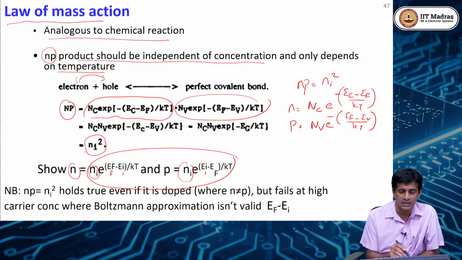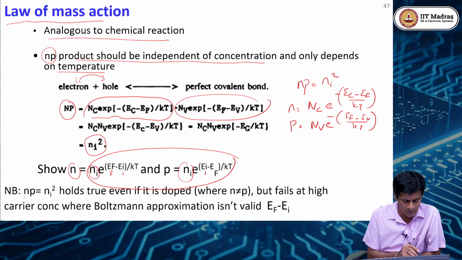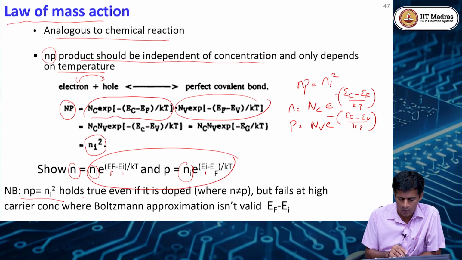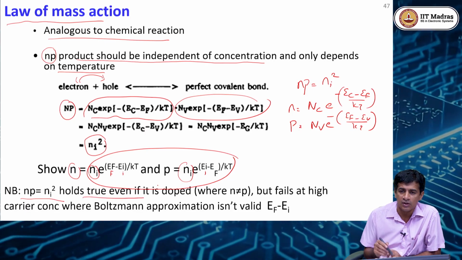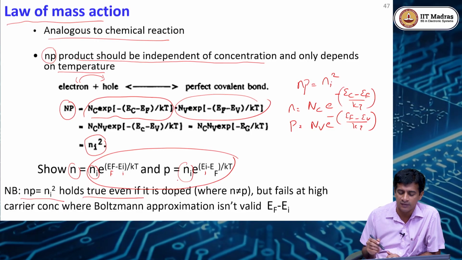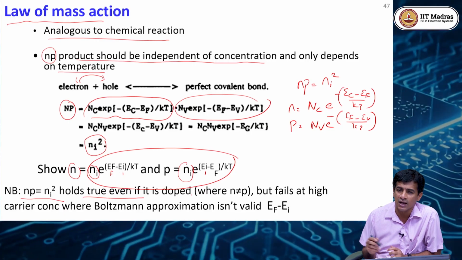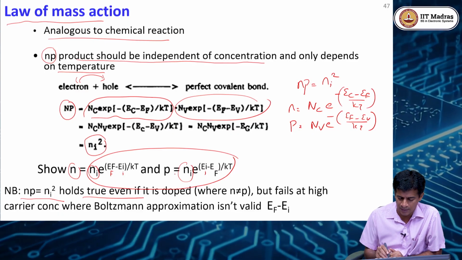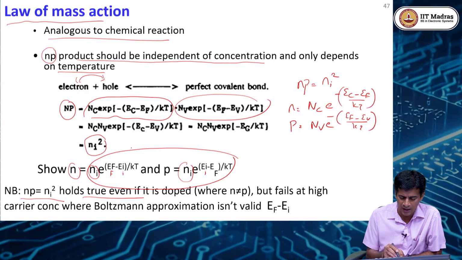And this result is also a very important result. You have to remember that np is equal to ni squared. It holds true even in the next class, when we will see extrinsic semiconductors, that is, what happens when you dope the semiconductors. But this approximation, np equals ni squared, is valid